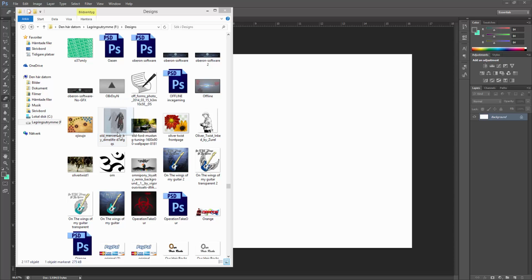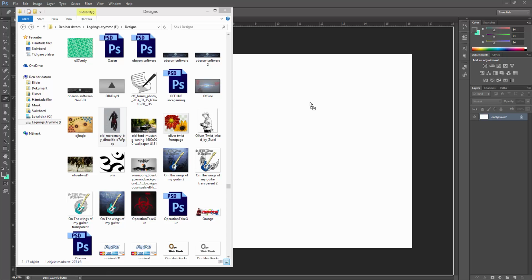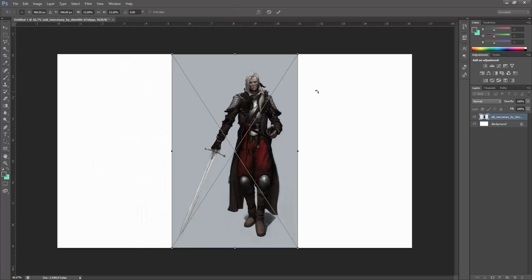So let's begin with dropping the image into my new document in Photoshop. So there we have the image that I'm going to work with right now, and the designer says it's an old merchant. The select tools you have here on the left side of Photoshop. So this is the basic select tool that you will have on your desktop or anything else, but yeah, it